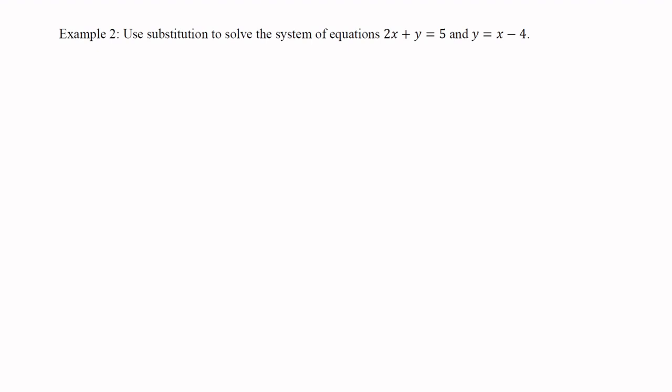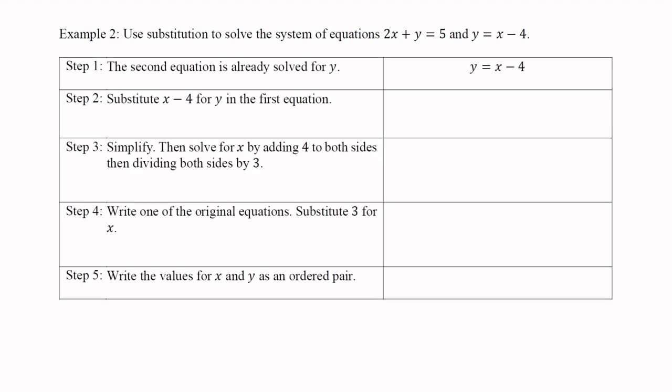Now let's look at this system. The second equation is already solved for y, so we've already got that first step under control. Our second step is to take our expression for y, which is x minus 4, and we're going to plug it into the other equation. So in this case, we are going to take y and in place of it put x minus 4. We're going to substitute that. Then we are going to